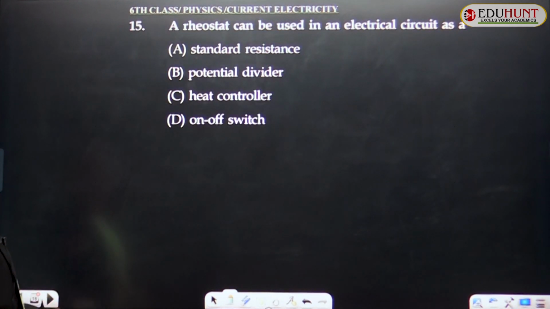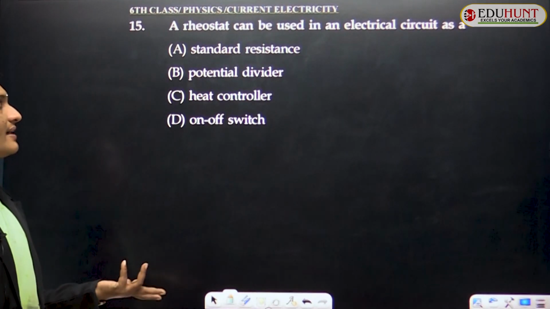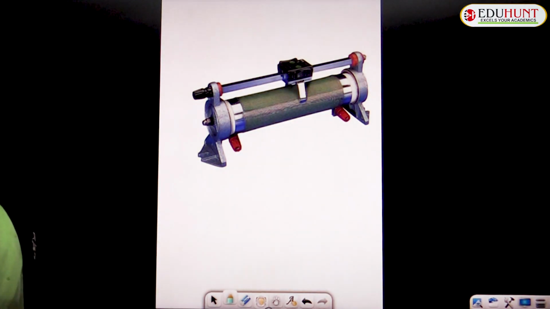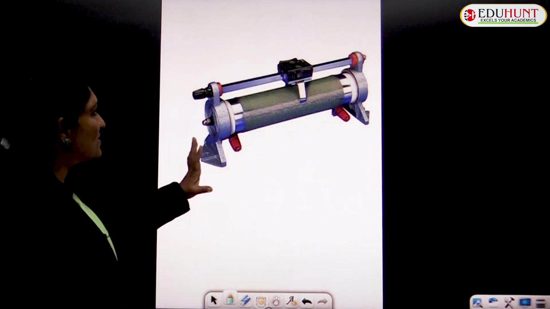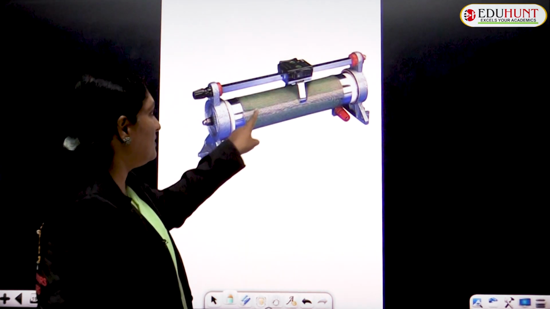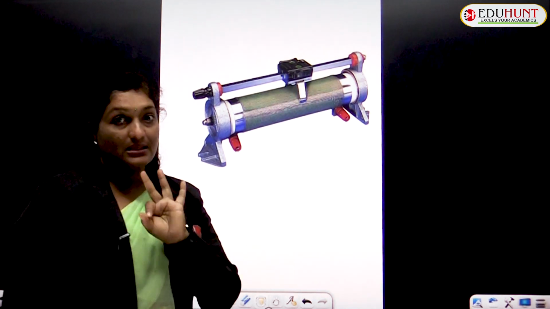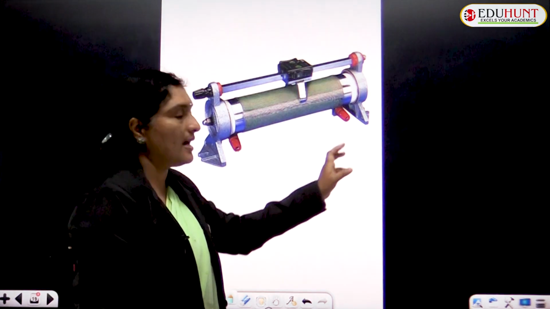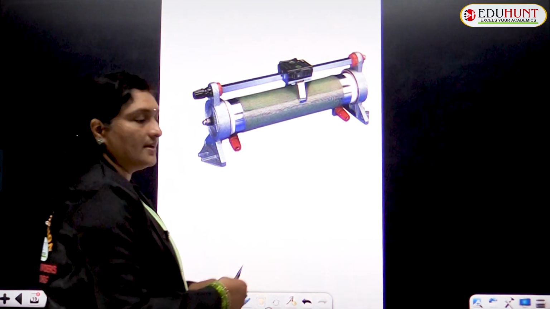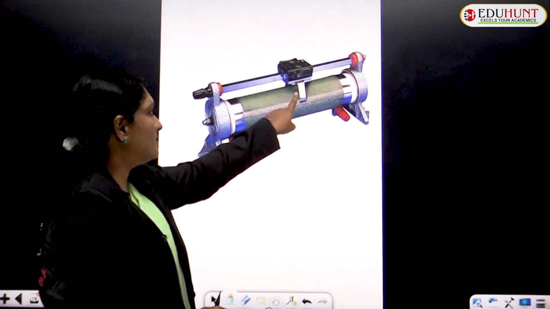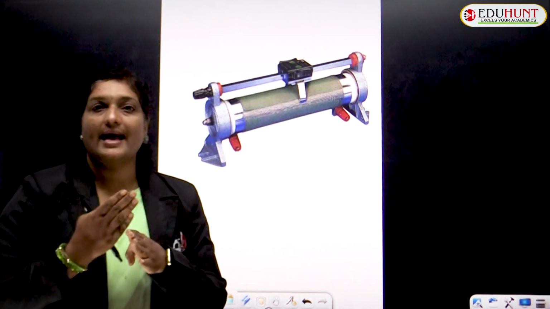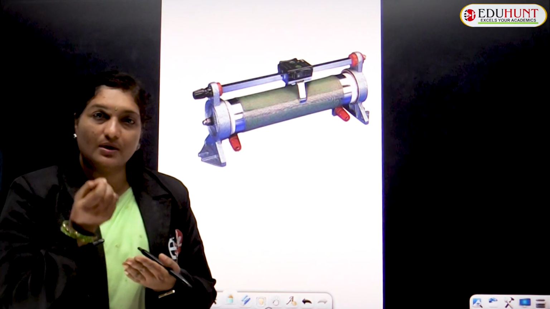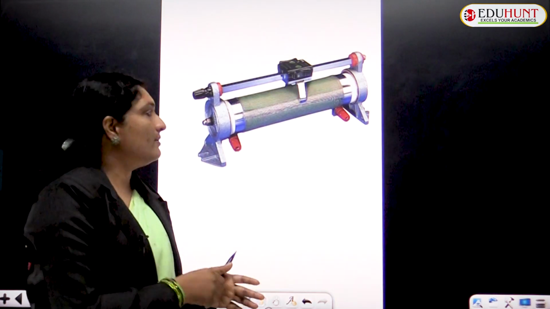Now, the last question, children. A rheostat can be used in an electric circuit as a what? What is a rheostat? Let me show you how a rheostat looks. This is the picture of a rheostat. This rheostat generally consists of 3 terminals. Terminal 1, terminal 2, and terminal 3. These 2 terminals generally maintain the potential difference. One is the positive terminal, the other is the negative terminal, which is connected in the circuit. Whereas this can maintain a constant resistance. Some resistance can be applied with the help of the sliding contact. So how much resistance? 0.1, 0.2, a small resistance can be applied through this